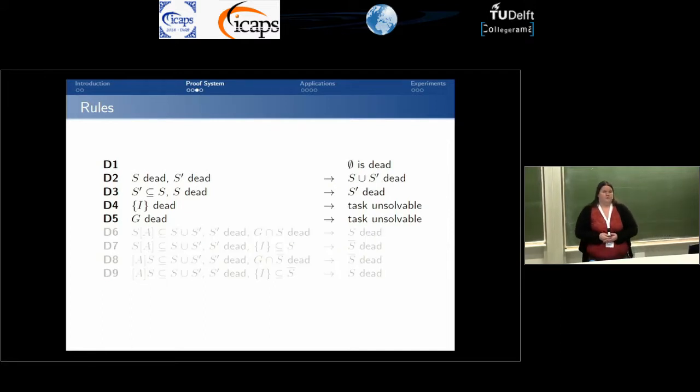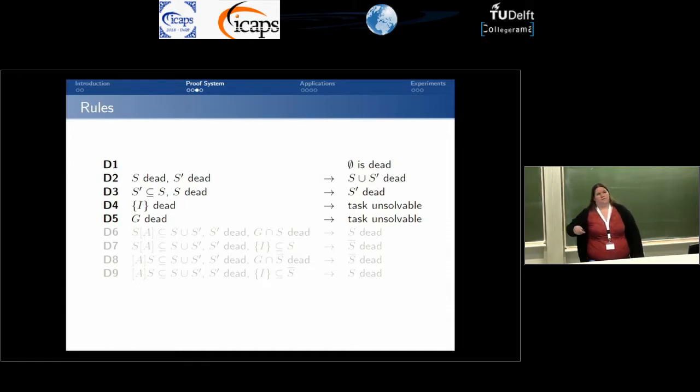So the first rule is very simple. The empty set is dead because it doesn't contain any states. D2 simply states, well, if we have 2 dead sets, then their union is dead. D3 states, if we have a subset of a dead set, then this set also must be dead, so also fairly obvious. And D4 and D5 are the rules that we need to finish our proof, because if the initial